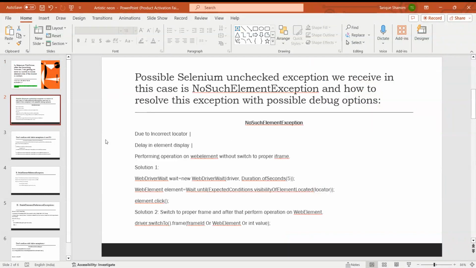The possible Selenium unchecked exception we see in this case is NoSuchElementException, and how to resolve this exception with possible debug options. Let us see. So, NoSuchElementException. The first cause is an incorrect locator. The second cause is a delay in element display, and the third cause is performing an operation on a web element without switching to the proper frame. Solution one is to use an explicit wait,